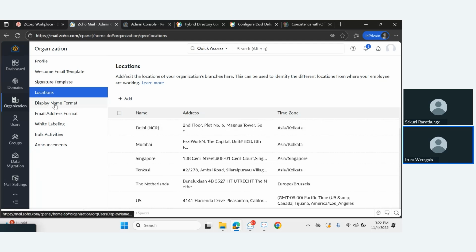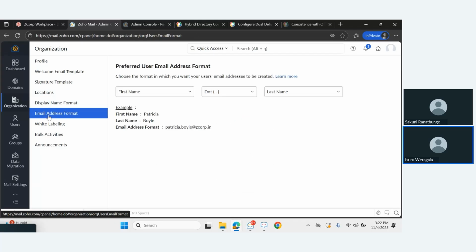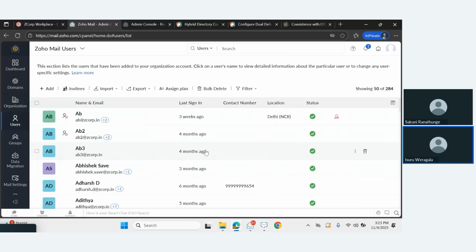Then again, a few more formatting features are available here, like display name format, and what is the best way to maintain your email address format. Likewise, you can select based on your company policies, based on your convenience. These are the features you can enforce through Zoho Admin Center organization wide. That is there. Then, when it comes to users,